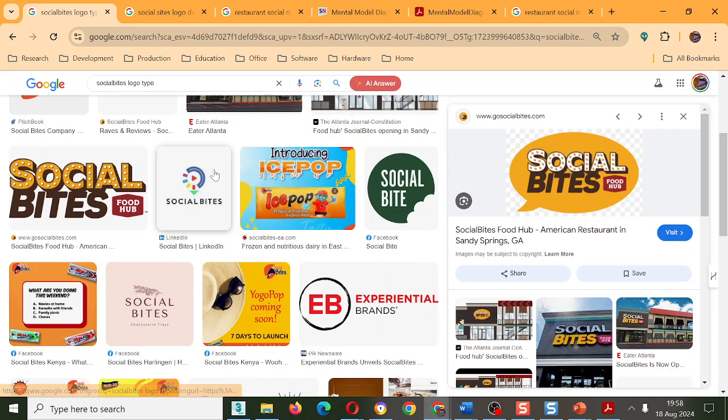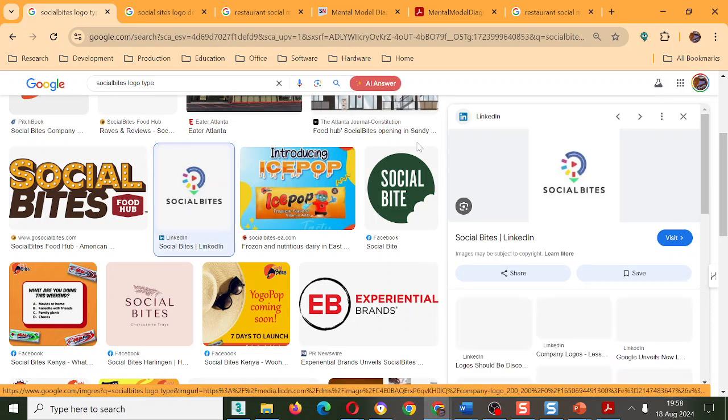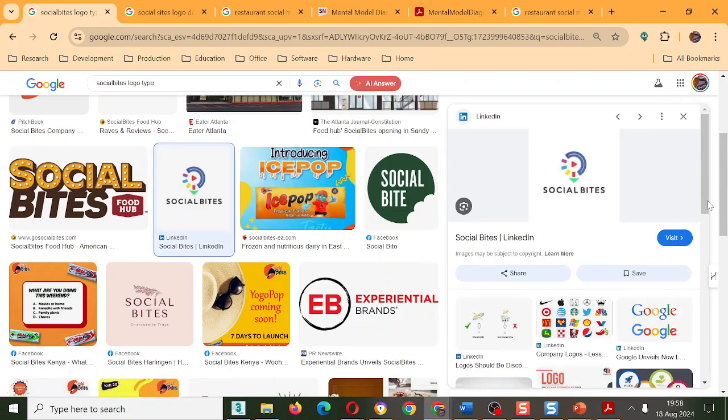So I'm trying to show you just how logos must be unique. They must represent the target market in the sense that the target market will find the logo relevant to them, speaking to them. And then here you have another one. You see SocialBites, and you can see the logo type is very straightforward.